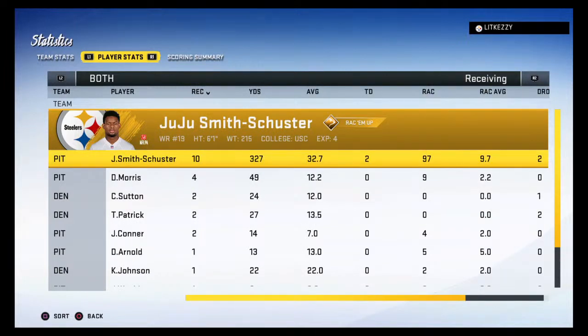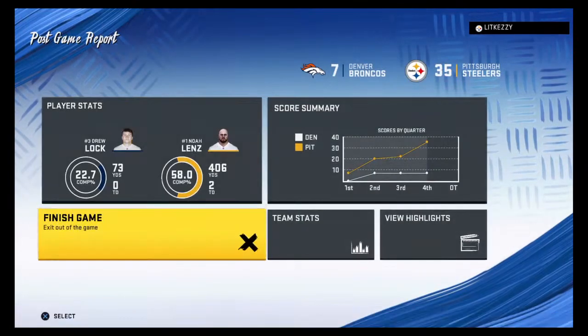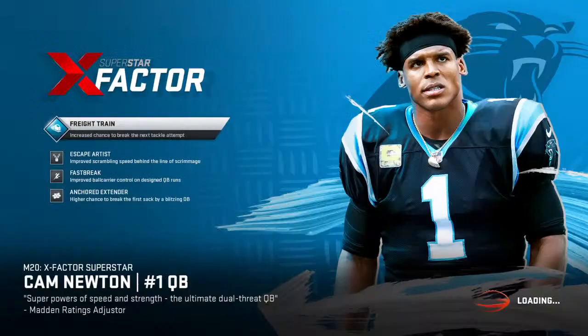So for the Steelers, they move back over 500 at 3-2 now on the year. And they will hit the road next week to take on the Kansas